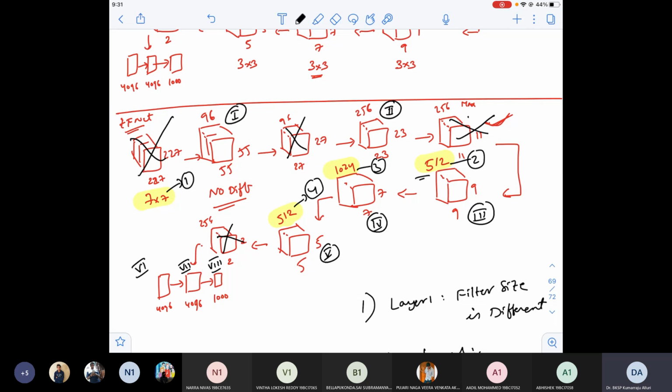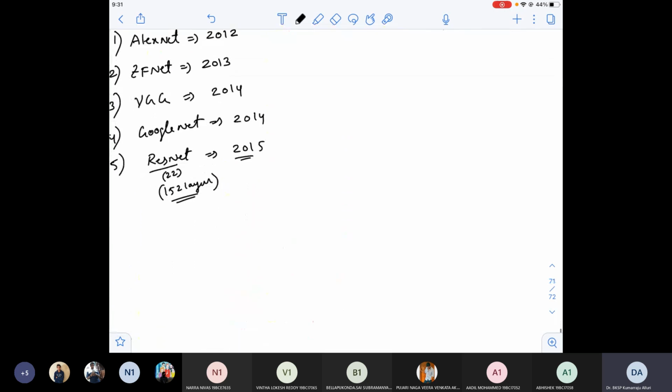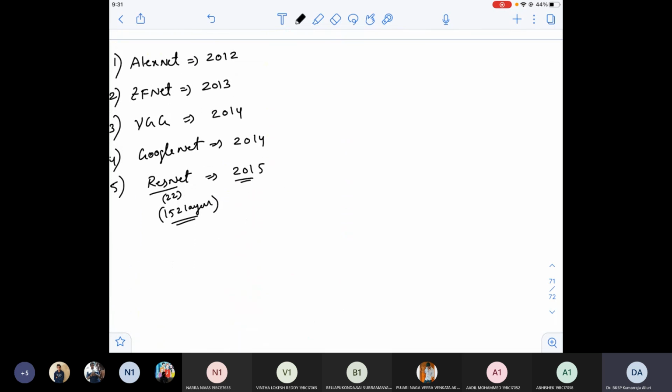There are a total of 8 layers in ZFNet. Whenever we ask you to count the number of layers, generally we don't count the max pool layers, because there are no parameters involved in them. Whatever. From 2012, 13, 14, 15, in about three to four years, what they have done is, now which one to be